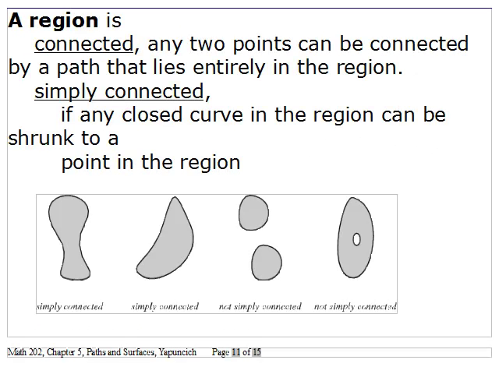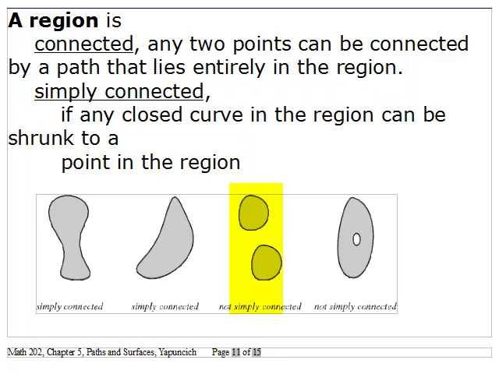Well, this slide should have been a little bit before I showed you how to make the cuts in it, but when you have these regions, they're connected. Obviously, if this was your region, it's not connected. What connected means is that any 2 points can be connected by a path that lies entirely in the region. It doesn't have to be a straight path. Simply connected